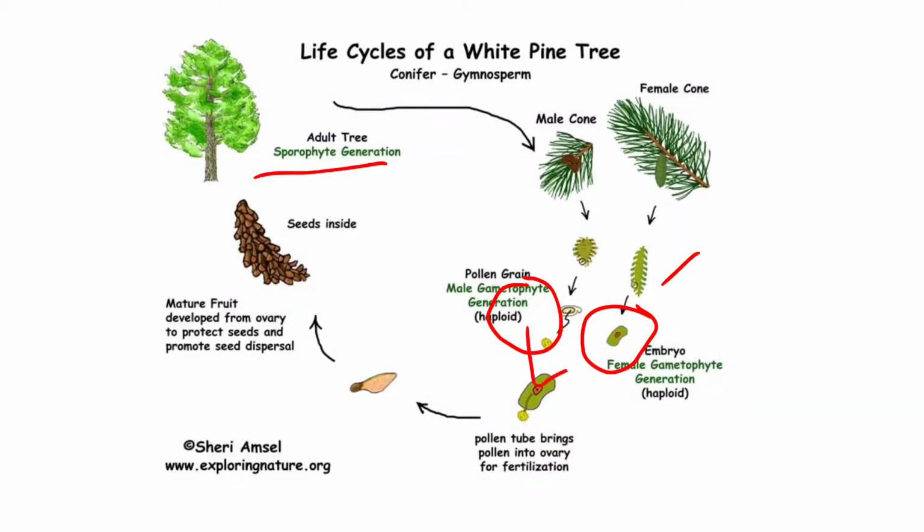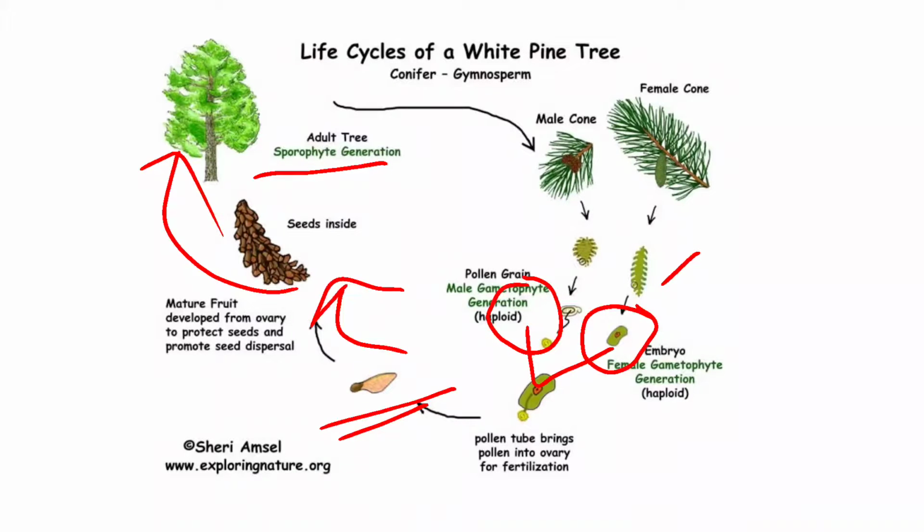Once the male gamete and female gamete fuse, fertilization occurs, which results in the formation of seed. And that seed, when it is dispersed and when it gets the proper environment, will germinate and produce another young plant. So, this is about the brief life cycle in case of gymnosperms.